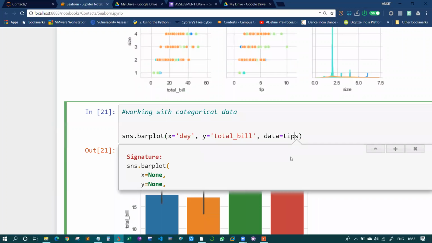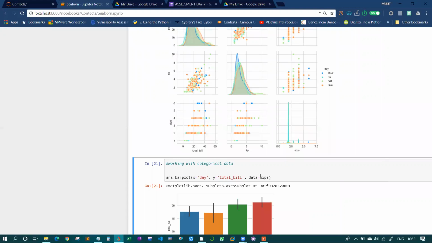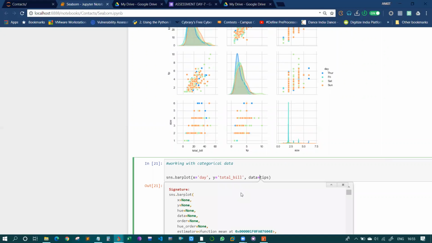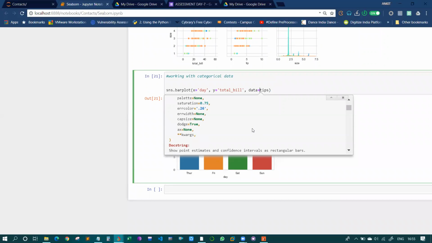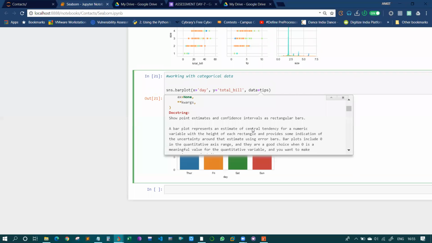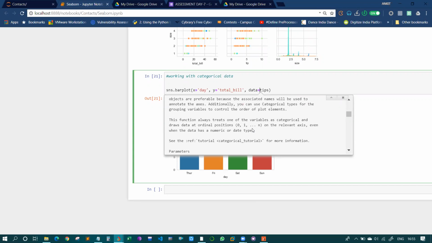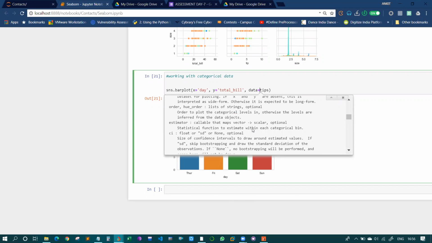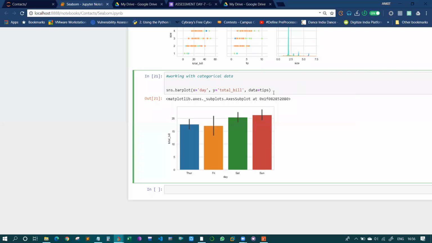One thing that you can do is go through the documentation of each type of graph. How can you access the documentation?